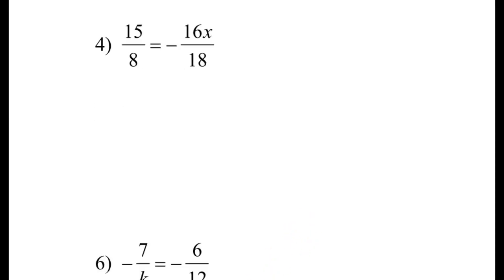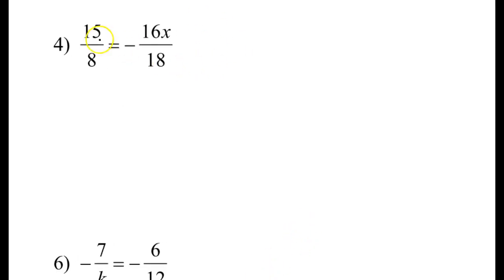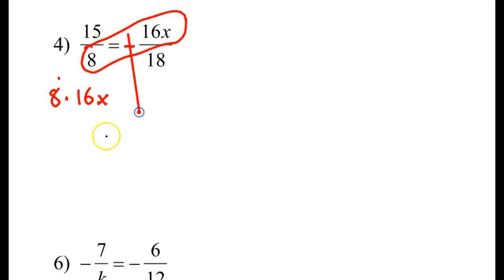If sometimes it gets too big, here's something you can do. So we still have the 8 times 16 x. Now I know 15 times 18 is really large, so just leave it as 8 times 16 x, and don't forget the negative. There's a negative there, so I'll make this negative, and that's going to equal